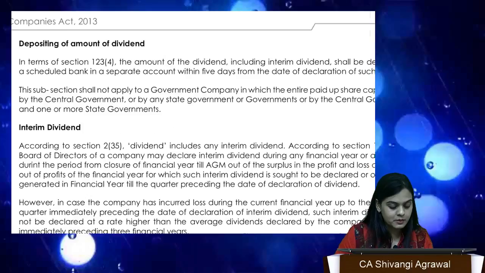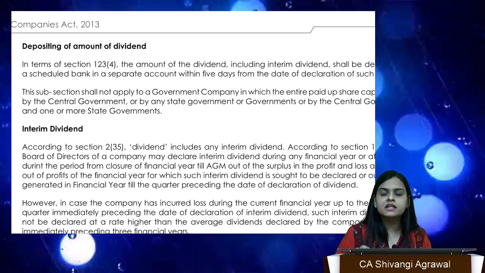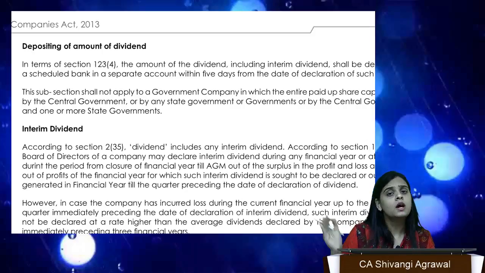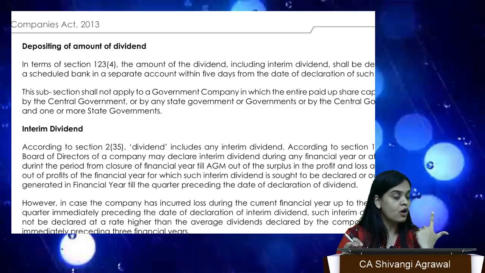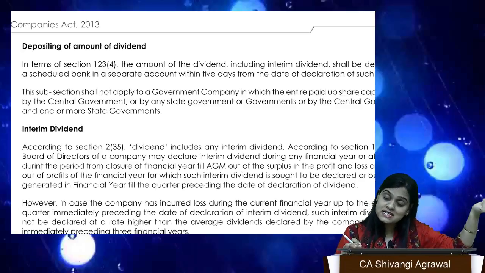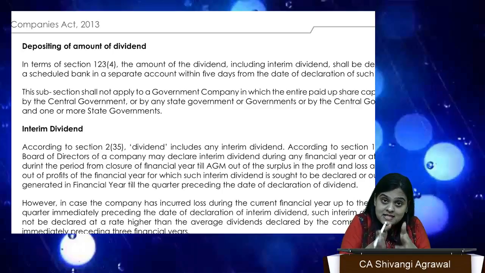When we talk about interim dividend, I have already told you, interim dividend is something which is declared between 2 annual general meetings. It can be during a financial year or after the financial year, also before annual general meeting, right? When we talk about the sources, they are the same sources. Out of surplus in P&L account, then profit of financial year for which dividend is declared, and profits generated till